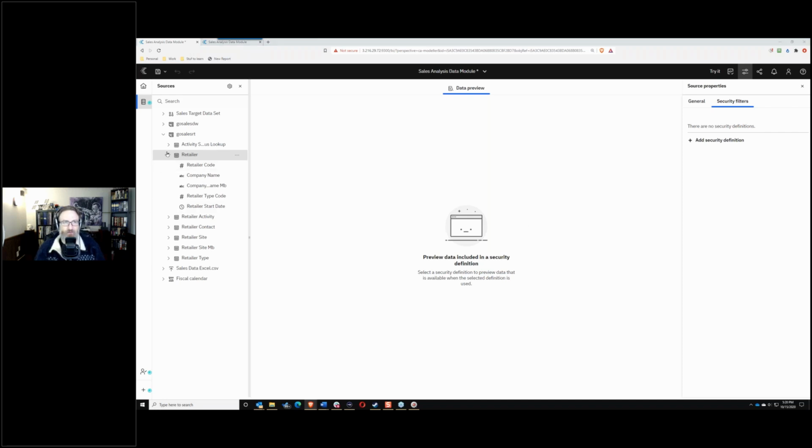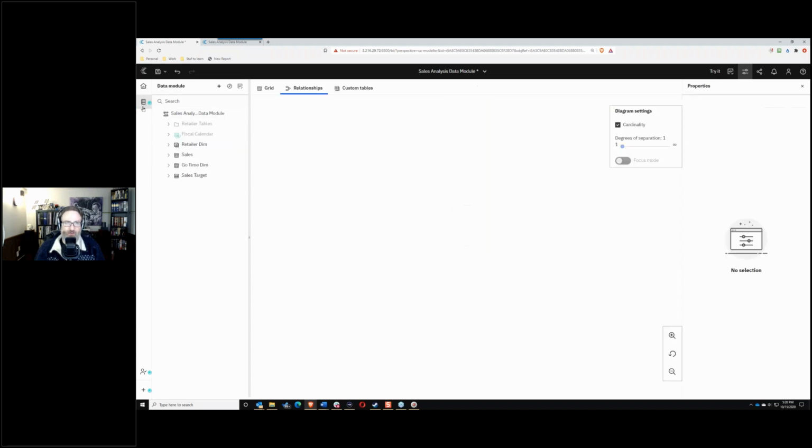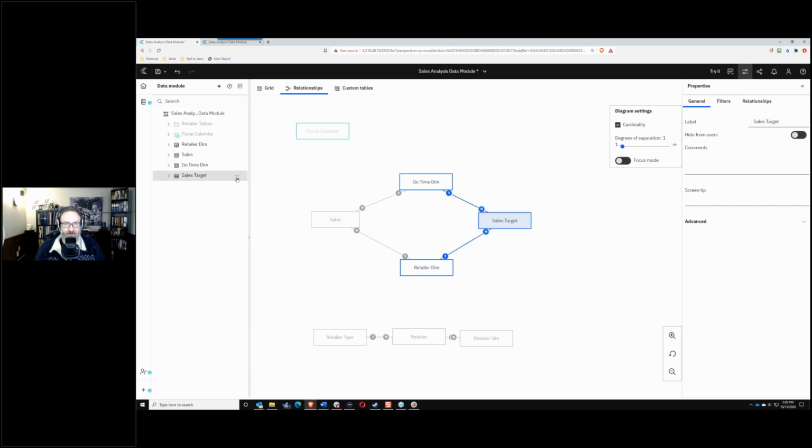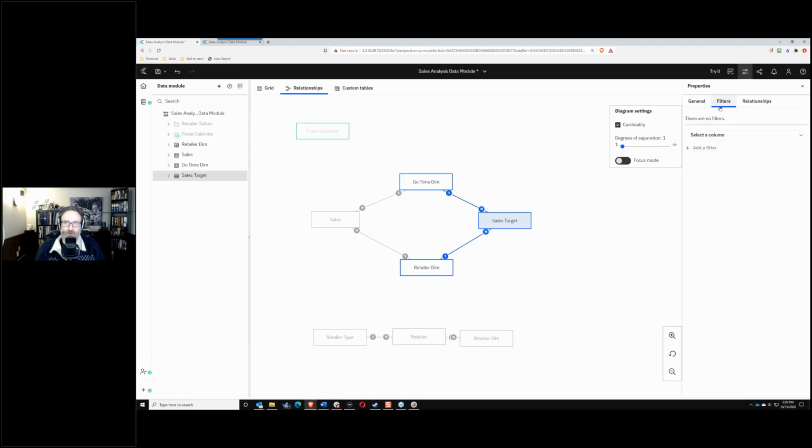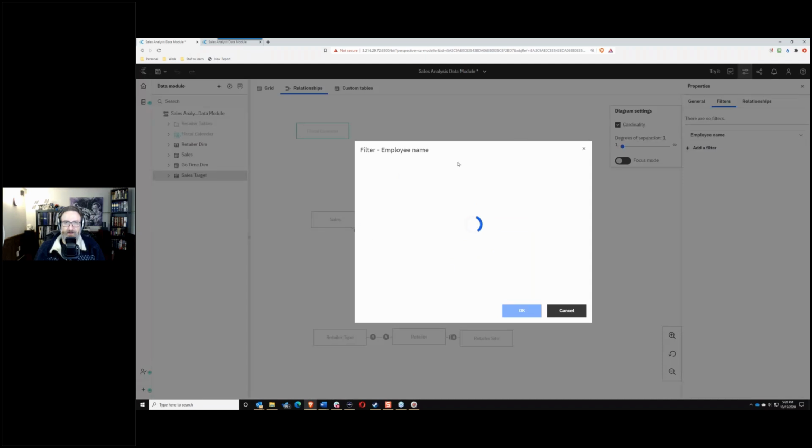Now you can also say, well, I want to secure a data set. How do I do that? You can't do it through that interface. The way you have to do that when you're looking at data modules is you would actually go into the data set. So which one? Sales is our data set, right? Sales target is our data set. You would put a filter on here, okay? And actually you would do it through here. You would put a filter on here. That would be a filter based on, say, employee name, and it would say